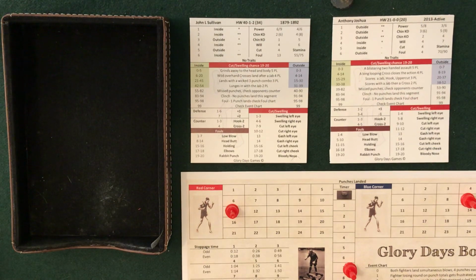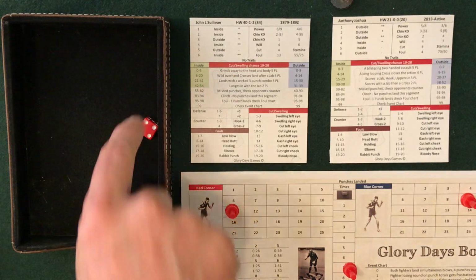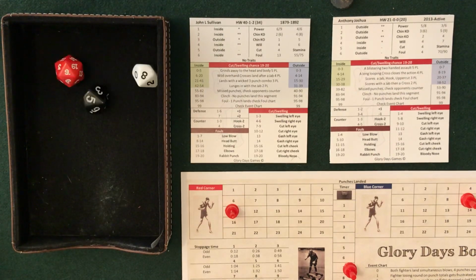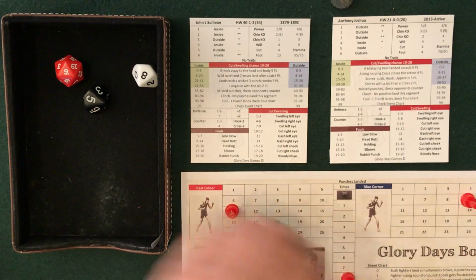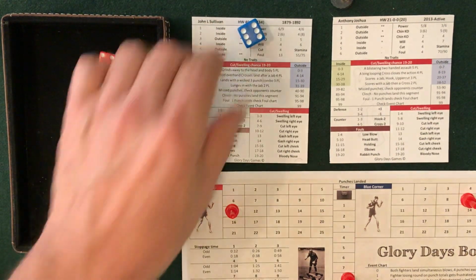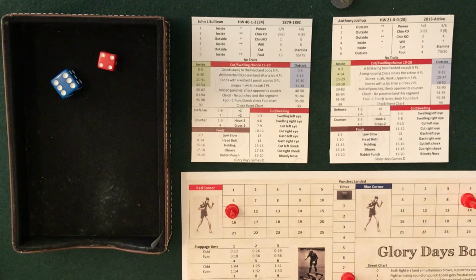So again, Joshua, an unchallenged opportunity here, and 4 will be from the outside. I'm sorry, inside. And 58, and that is going to be a miss. So we head to segment 8. Joshua still has momentum. And if he had landed a power shot there, we would have had a TKO check. It actually would have landed,